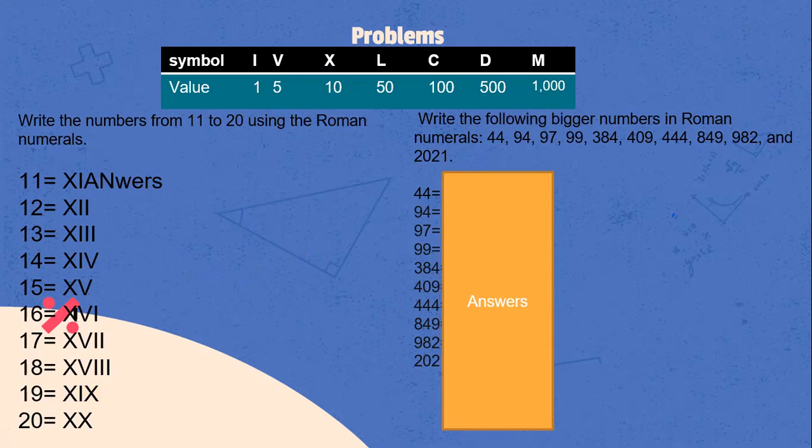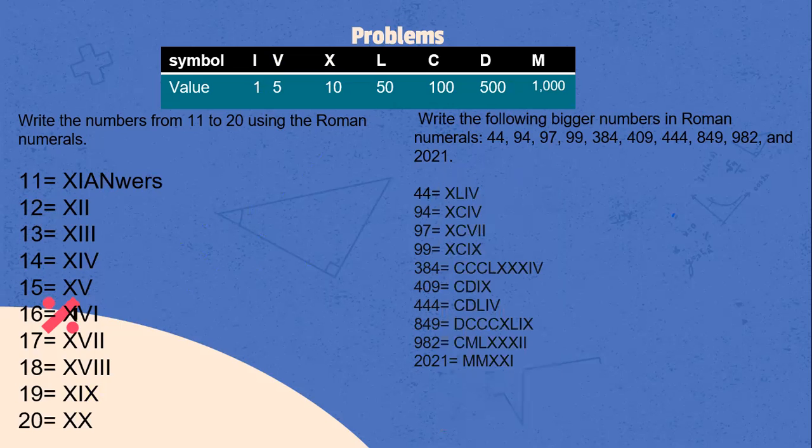Now write the following bigger numbers in Roman numerals. So 44. All right, I didn't give you much time, but hopefully you got this. Pause the video if this is too challenging. You can go back and view it. So 44 is XLIV, 94 is XCIV, 97 is XCVII, 99 is XCIX,